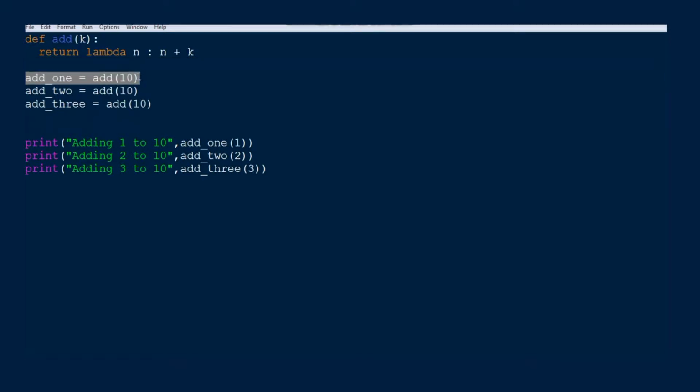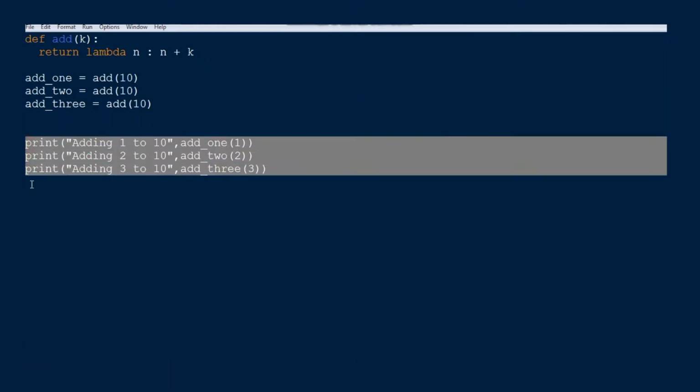During the second call to add, the function returns lambda expression n colon n plus 10 to add 2 objects, and similarly for add 3 objects. The print statements now invoke the lambda function with 1, 2 and 3 as arguments.